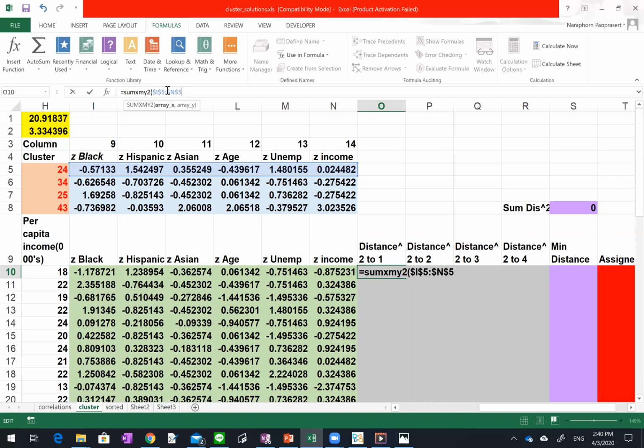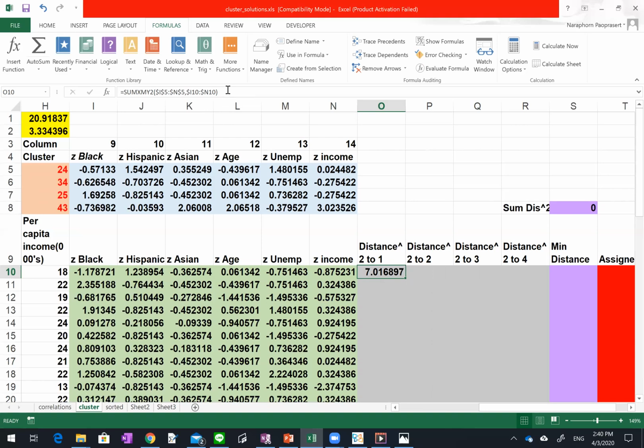And you also want to select the data in here, and you also want to fix the column I and column N. You close it, close down the parentheses. Okay, and